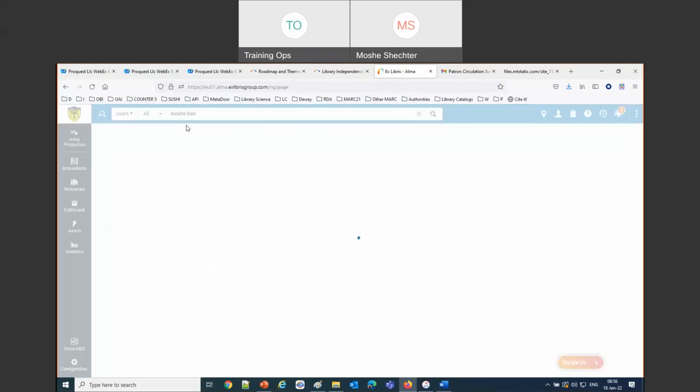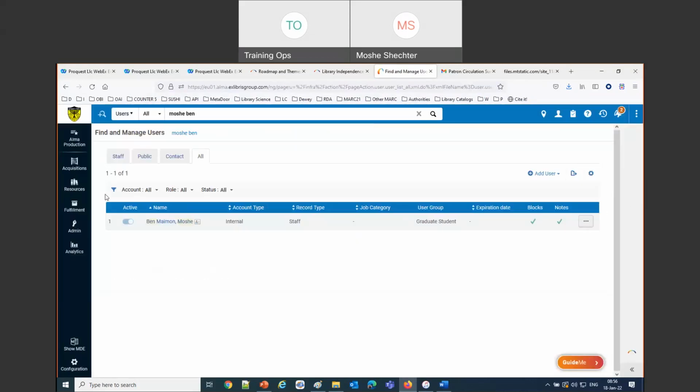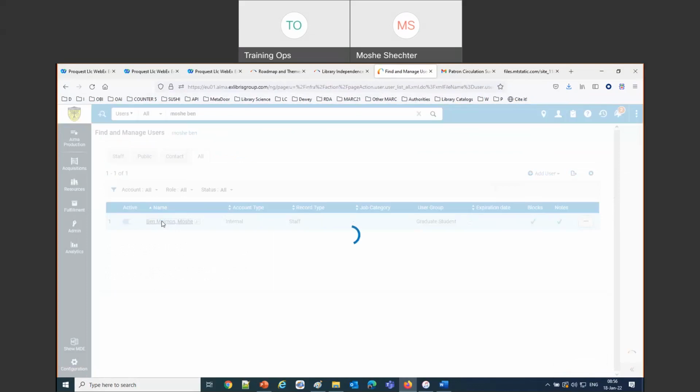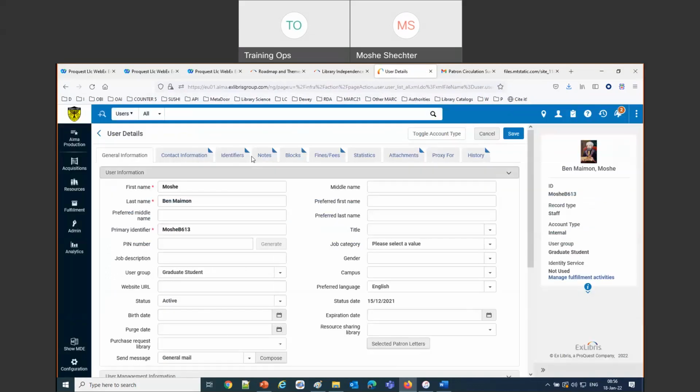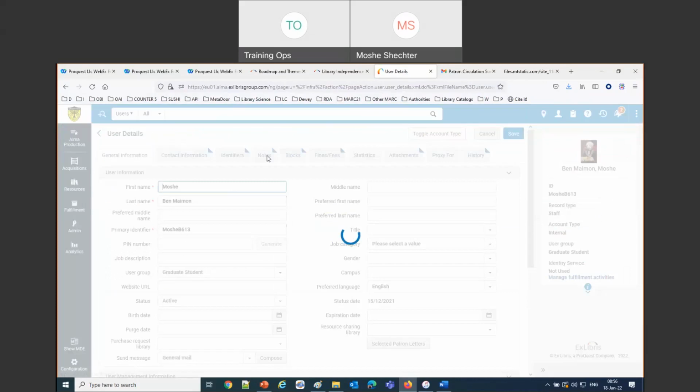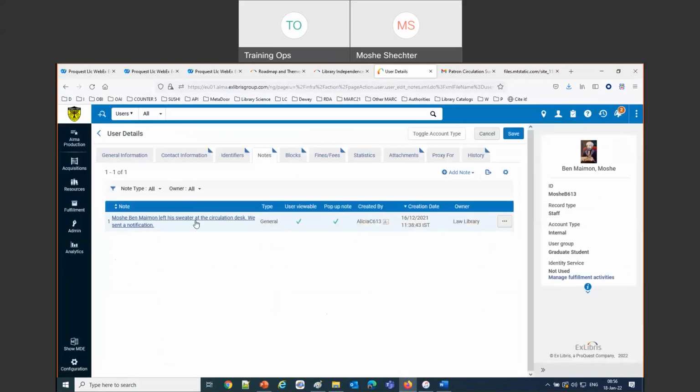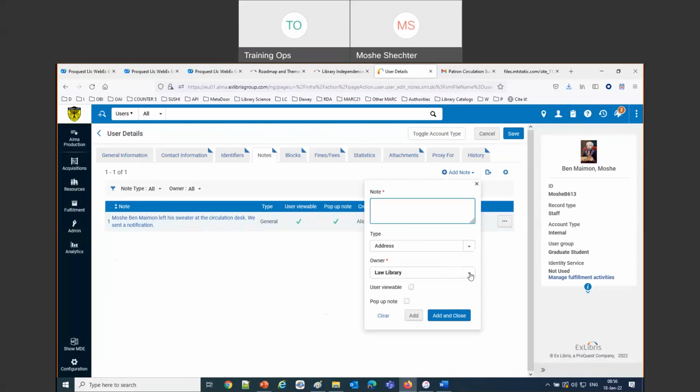Boom. So here, Ellie Mae sees a note. He left his sweater at the circulation desk. With the law library, if she adds a note, she can only do it for the law library.